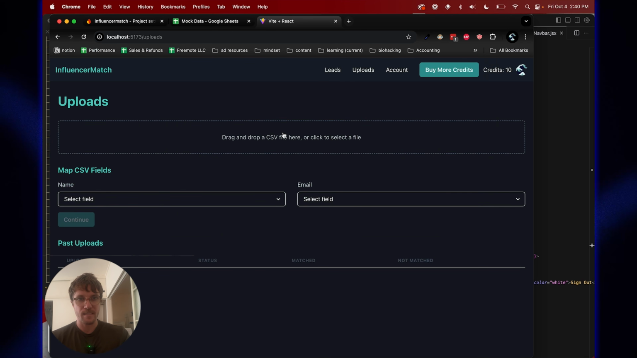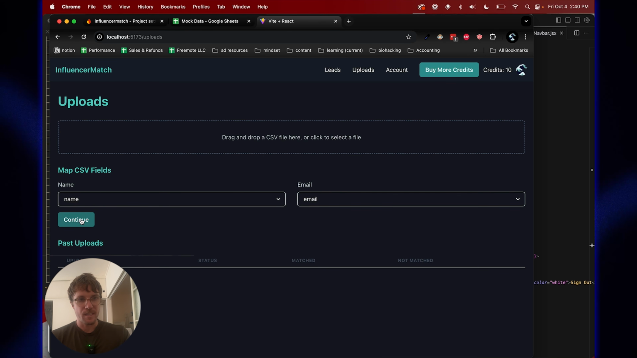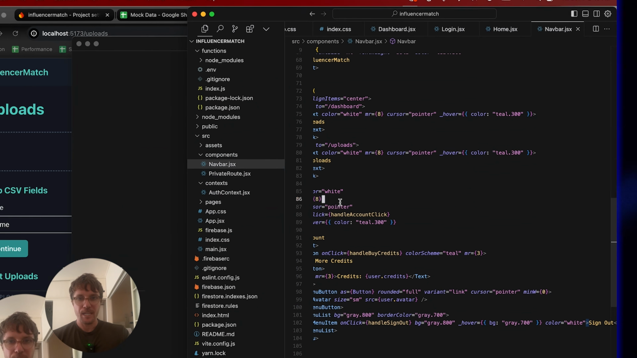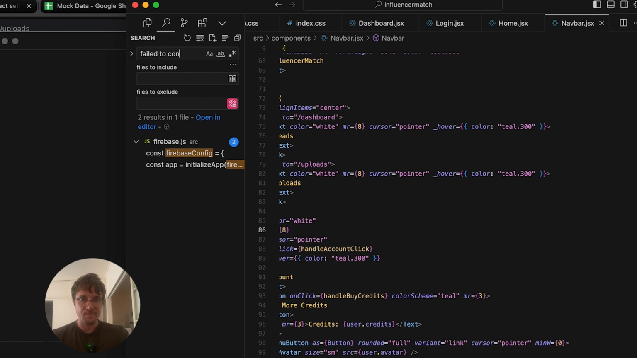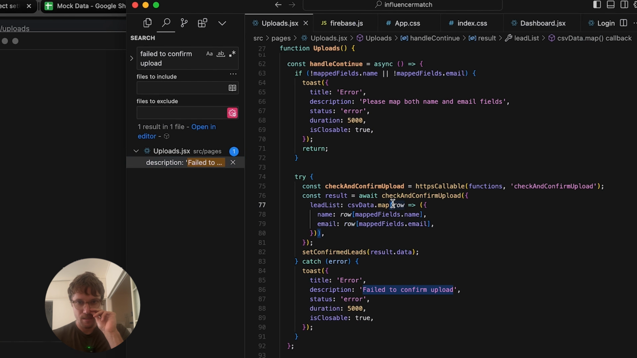So I'm going to drag this in. It allows us to map. It's not automatically mapping the fields, which we should potentially fix, and then continue. All right, so now we're getting failed to confirm upload. So we can just debug that by going to here,